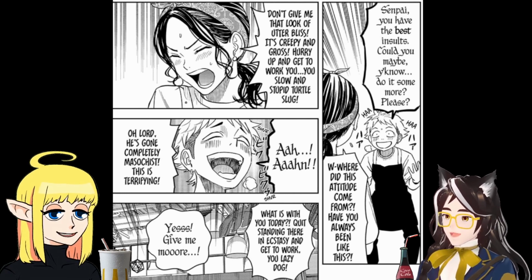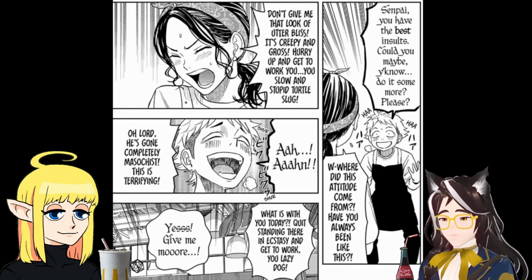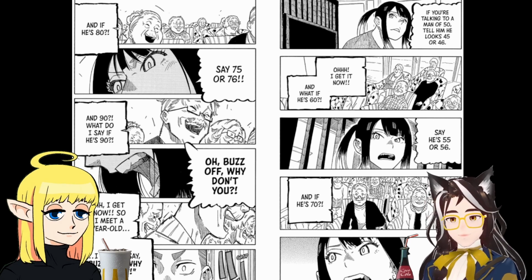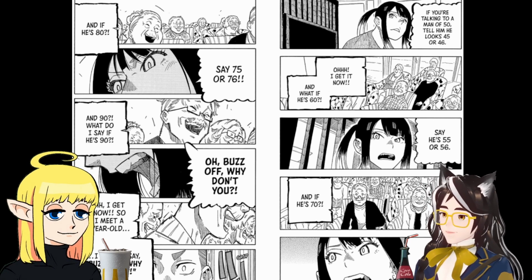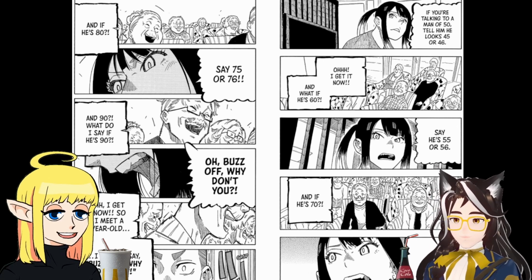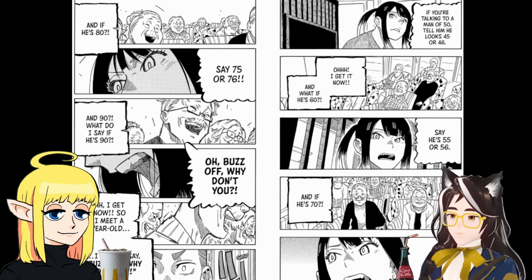Speaking of funny faces, time for Akane-banashi, which did not have enough funny faces for me. I would say it was okay. I was not pleased with this chapter. I only gave it 62 points, but I have to admit that the mangaka is doing a good job, especially on these 2 pages,